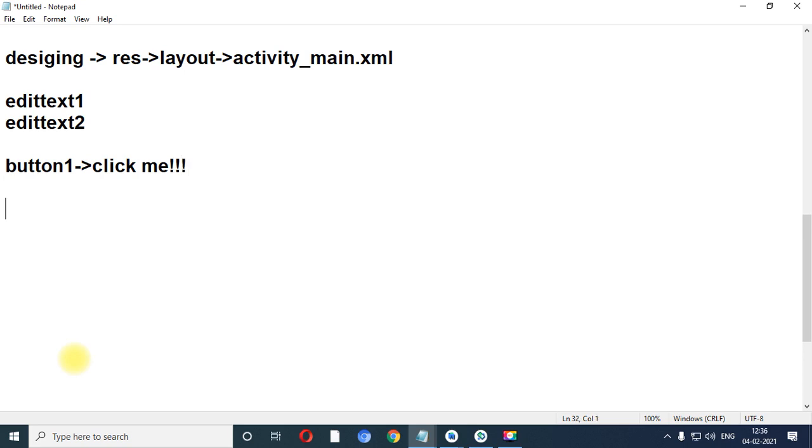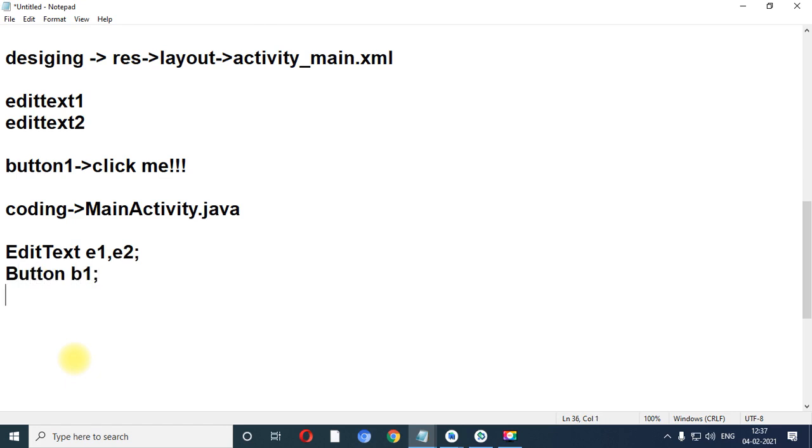Now for the coding purpose, which file is used? MainActivity.java file. Now in the Java file, first of all we are going to create objects of all three widgets. Number 1, EditText E1, E2, Button B1. These three are the objects which we need to create.